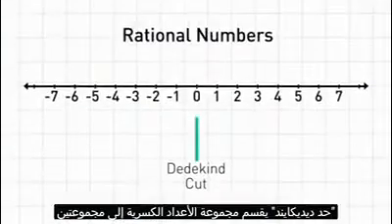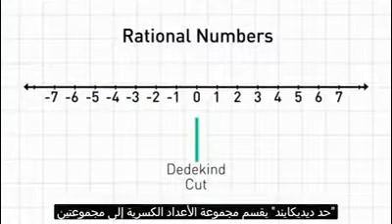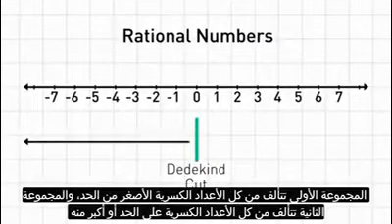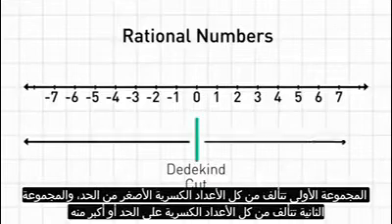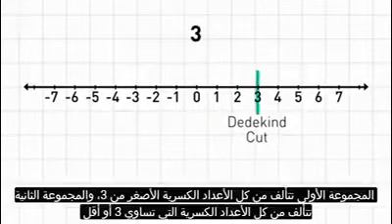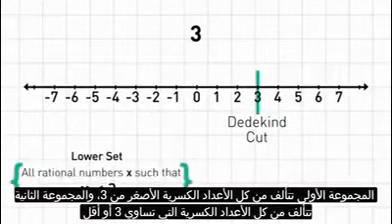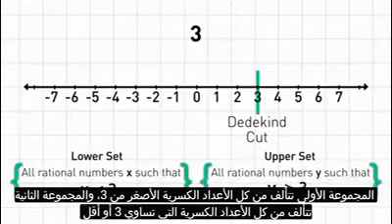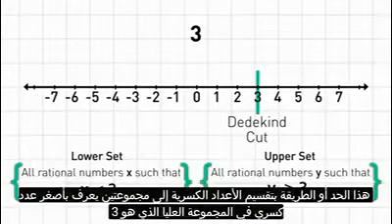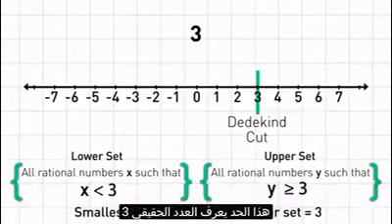A Dedekind cut splits the rational numbers into 2 sets. One set is made up of all the rational numbers below the cut, and the other set is made up of all the rational numbers above or at the cut. Let's make the cut here. All the rational numbers less than 3 are in one set, and all the rational numbers greater than or equal to 3 are in another set. This cut, or way of splitting the rationals, is identified with the smallest rational number in the upper set, which is 3. The cut defines the real number 3.